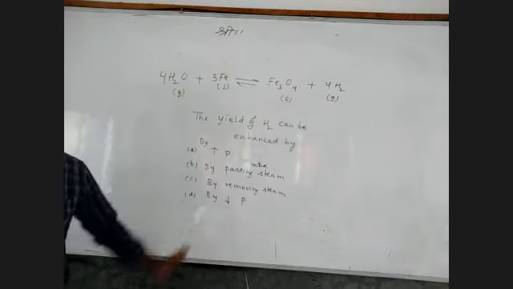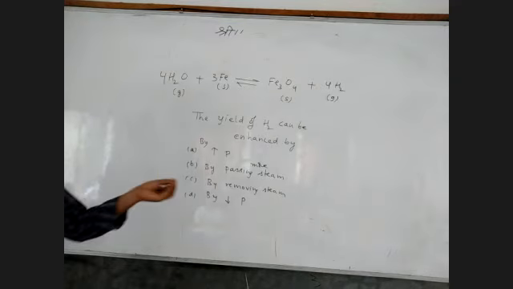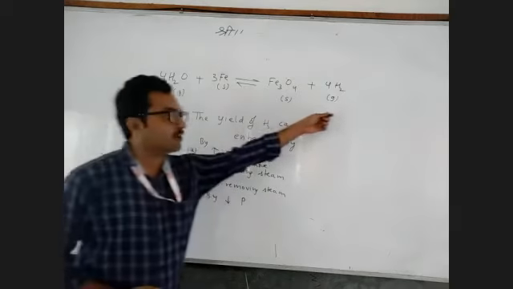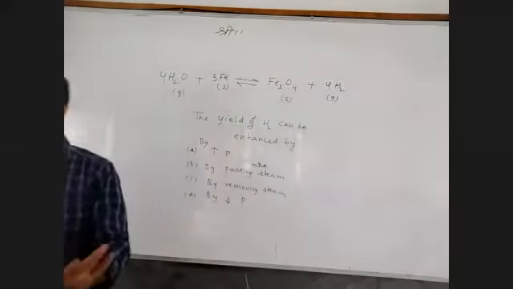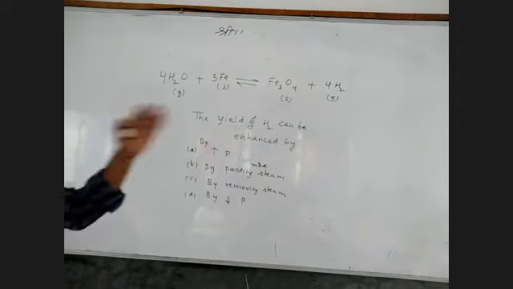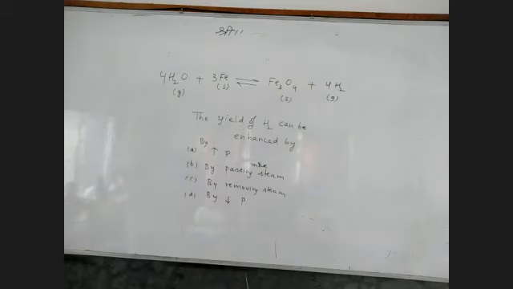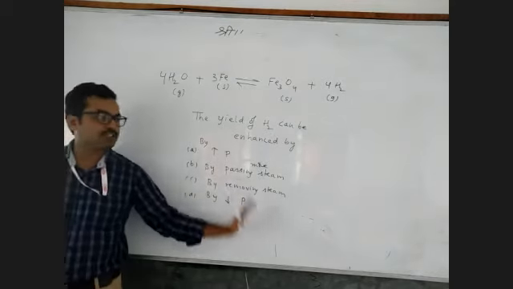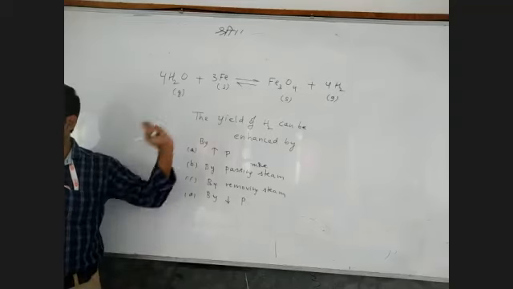Okay? These are the things. Temperature, why won't they give the temperature effect? Because we don't know whether it is exothermic or endothermic. So if heat is not given, then they won't ask about temperature. You no need to learn by heart that it is exo or endo. If they give delta H equal to negative, then certainly they will ask temperature effect. So this is only pressure effect and concentration effect that we can do from this.